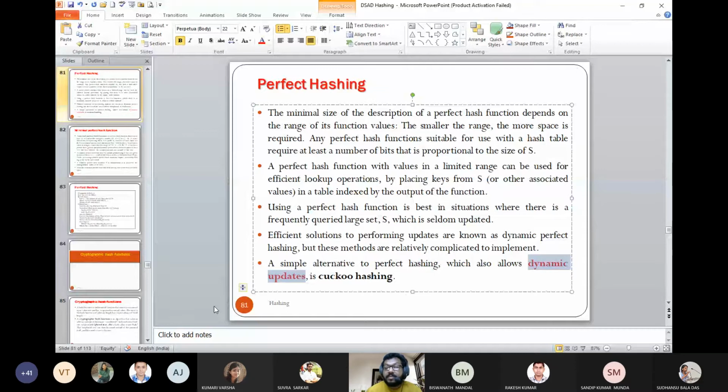This is one of the hash functions which is suggested, Cuckoo hashing. Cuckoo hashing is used when there are dynamic updates. That means you want to delete data or modify the information which you have stored.